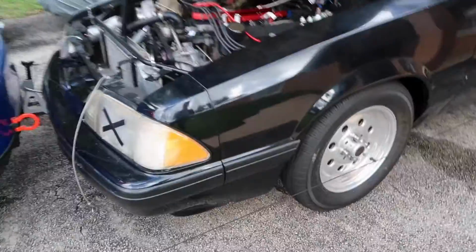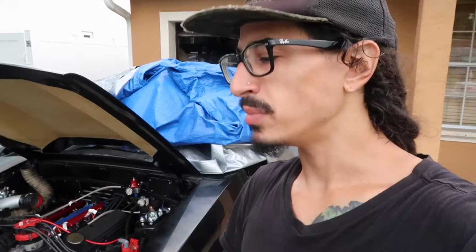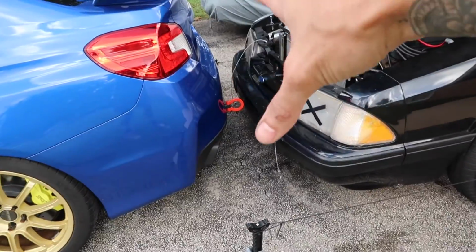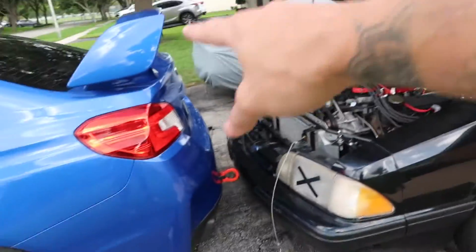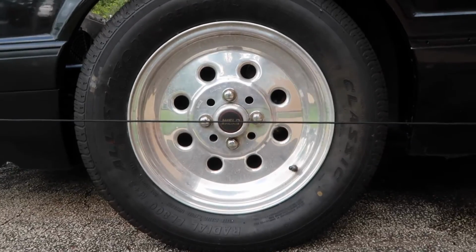And yes, once the car is up and running, you're still gonna wanna go get a professional alignment, but this should help you out and get you in the ballpark of where you need to be until the car is capable of driving to an alignment shop. So basically what you're gonna wanna do is get 2 jack stands in the front of the car and then 1 piece of string that is long enough to go around the entire car. And you're gonna center it on the wheels,